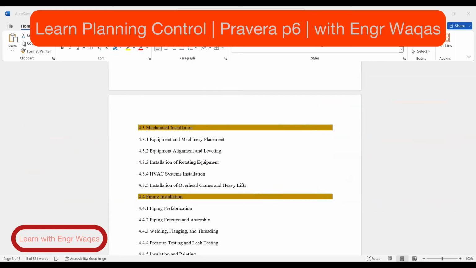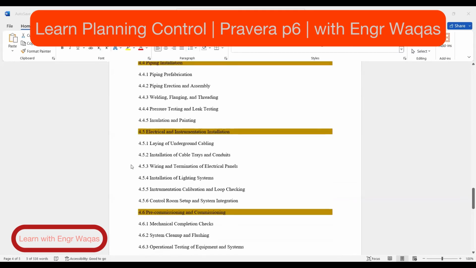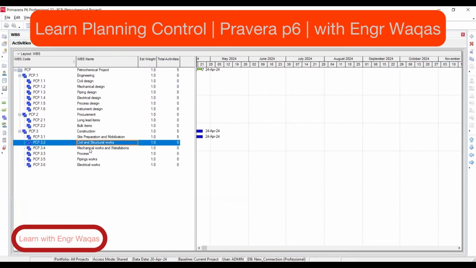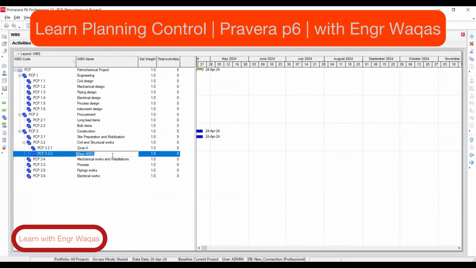So moving on to the next, electrical and instrumentation. Same way, these are the basic templates you are going to make in Primavera P6. And as for civil and structural works, you are going into the WBS and you are going to make a breakdown over here. See, civil and structural works, it is like zone A, zone B,